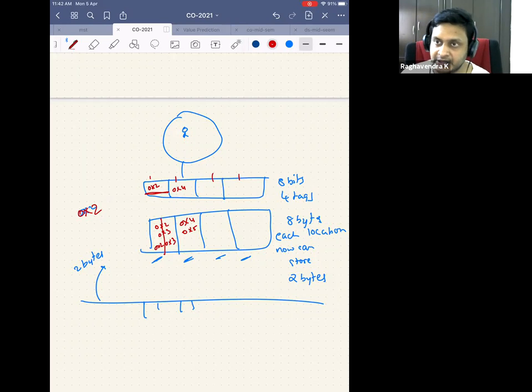It's like coming with a sticker. The data is now coming with a sticker. So I don't have to store 0 or 1. I know that this is the 0th byte and this is the 1st byte, because each location holds 2 bytes. So this is the 0th byte, first byte, 0th byte, first byte, 0th byte, first byte, 0th byte, first byte.